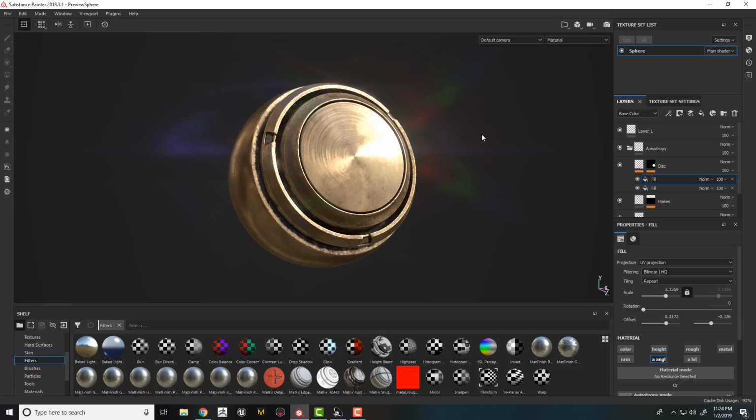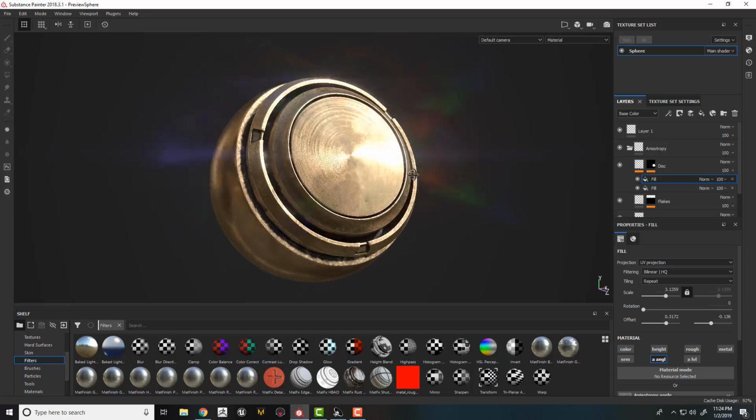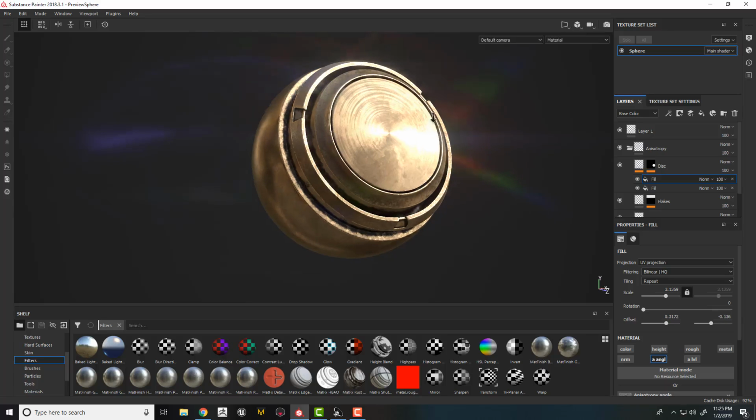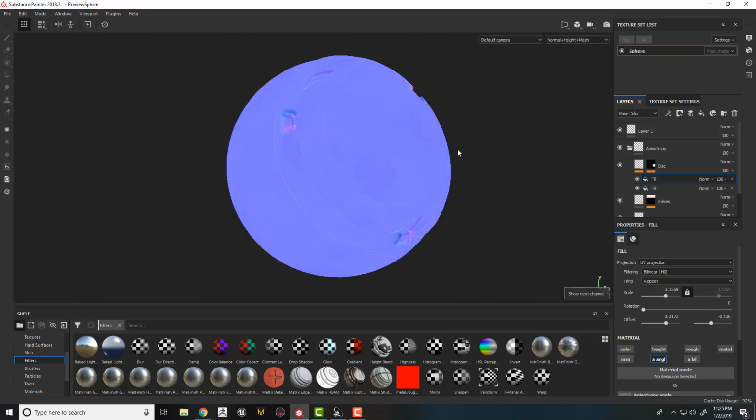Metal and albedo combined in your PBR workflow act in such a way that, so we have our diffuse, it's going to take our diffuse map, it's going to take our metal map. So everywhere it's white in our metal map, it's going to make the diffuse black, and it's going to pick in the color from our diffuse map and use that as a specular. To showcase, let's go in and go for our